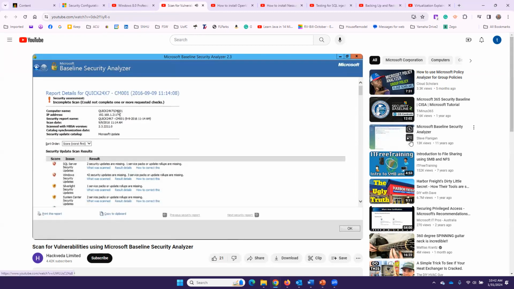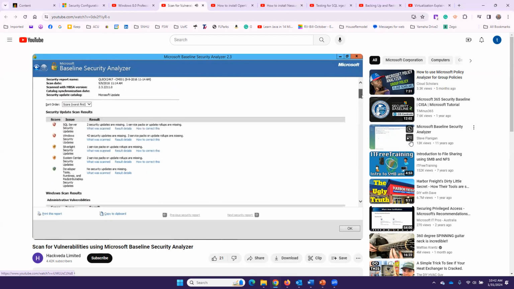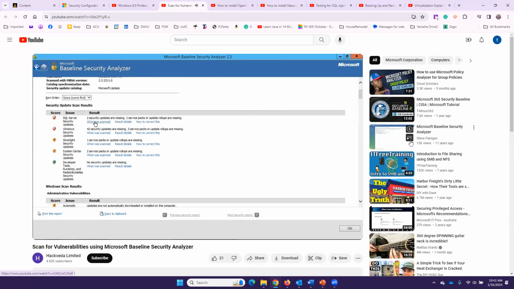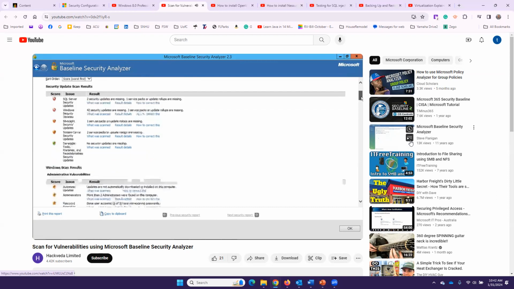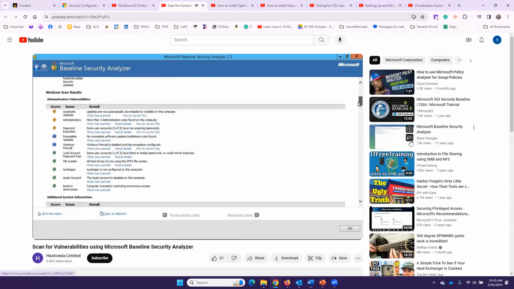So now that it's had a chance to scan, we can see the results of our security vulnerability scan on this host, specifically called CM001. So as we scroll down further through the results, we can see where there were problems. In this case, for SQL Server, we're missing security updates, as well as for Windows and for Silverlight, as well as System Center. But as we keep going through, we'll get a sense of what was scanned and where the problems are, such as automatic updates not being installed on the computer, even though there are outstanding updates,